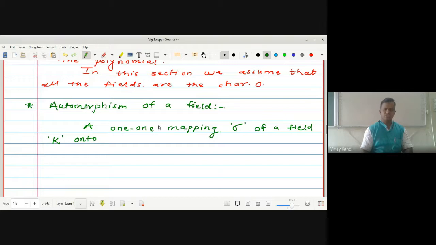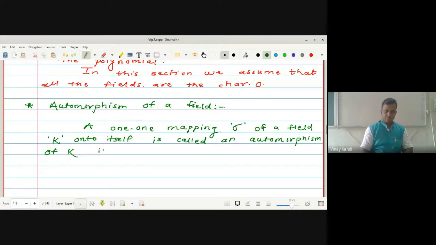That means the function must be onto and one-one also. Onto itself means that the codomain must be the field K. It is called an automorphism of K